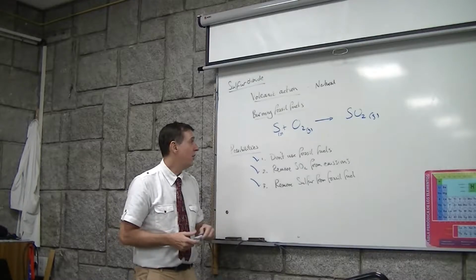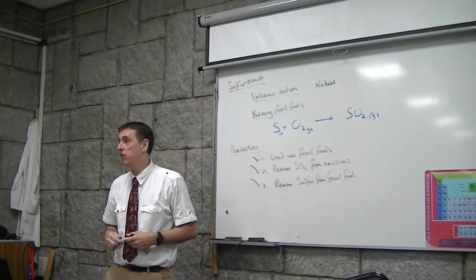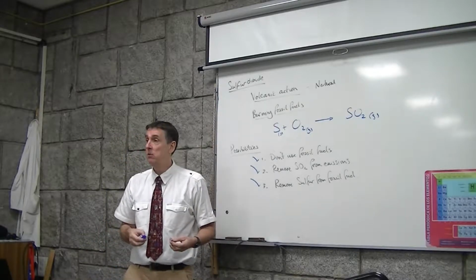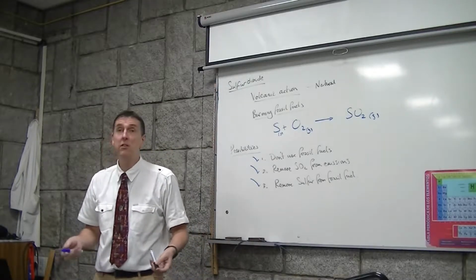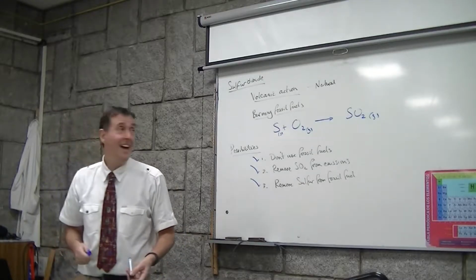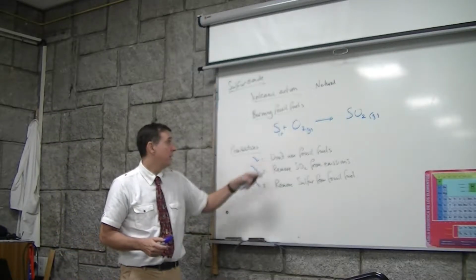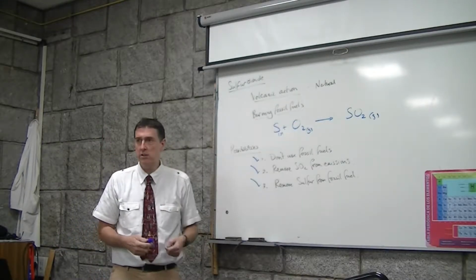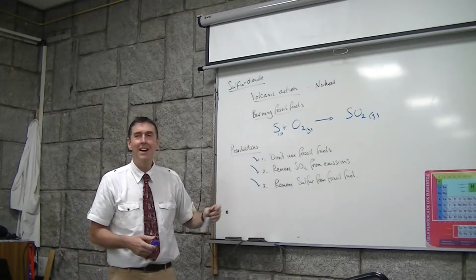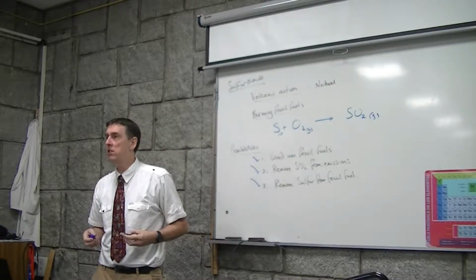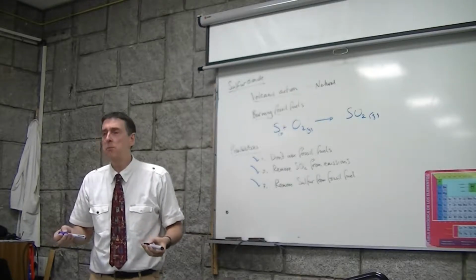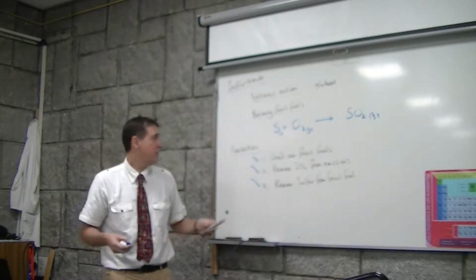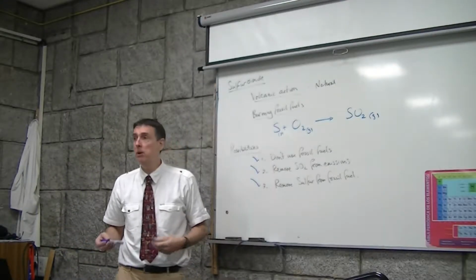All right, but if we have a look at number one, don't use fossil fuels. How practical is that? Well, it's practical in some areas where you've got hydroelectric energy, solar energy, aeolic energy. You've got nuclear energy as well, which doesn't produce sulfur dioxide. But in some places we just can't avoid using fossil fuels. At least, up to now, historically, we've not been able to. So we have to accept that there are some places where we're going to burn fossil fuels.